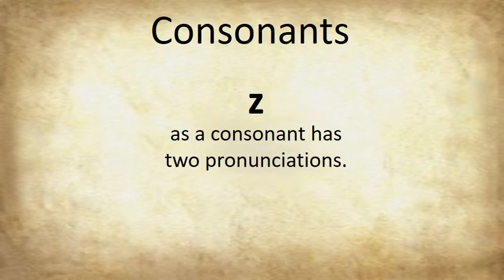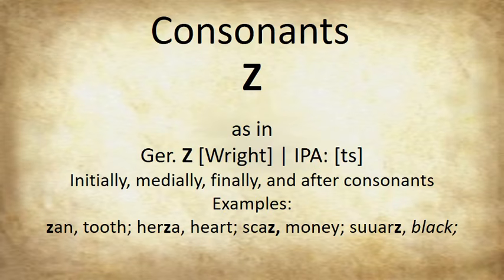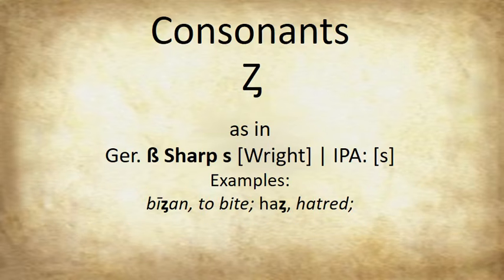And we move on to Z, which has two pronunciations. Let's get into it. Our first pronunciation for Z, as in German, is a TS sound, and this happens at the start of words, in the middle of words, at the end of words, and also after consonants. So we have Zahn, tooth, Herza, heart, Scats, money, Schwarz, black. Our second pronunciation, here we have a Z with a hook. It's as in German sharp S, so it's an S sound. So we have our examples here of bisan,